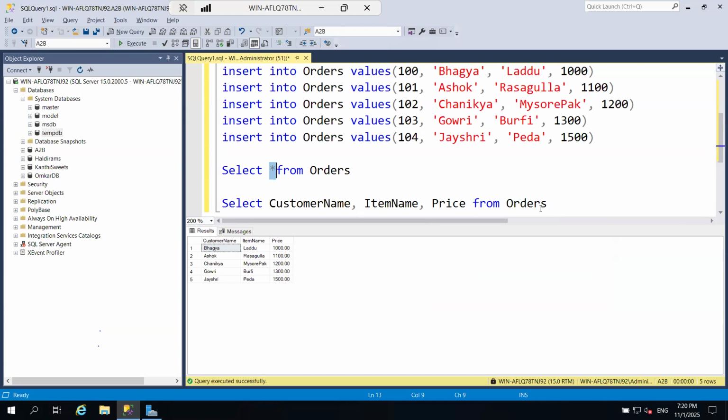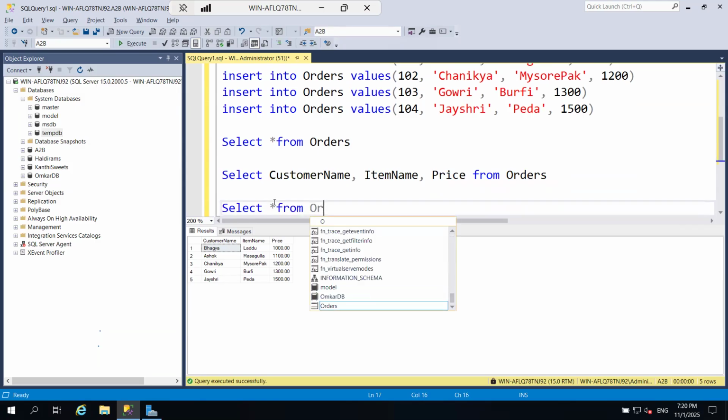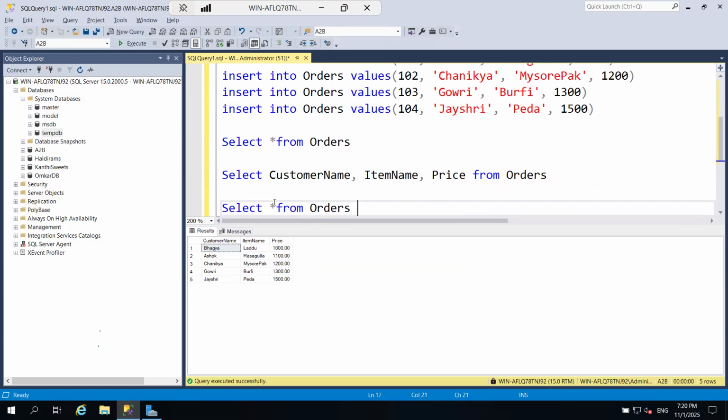Now if you want to filter the records, you can do that. For filtering the columns, you can simply mention the column names in the particular statement, whereas to filter the records, we have one clause called where clause. Select star, I want all the details from orders, where